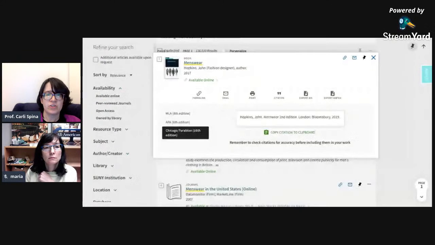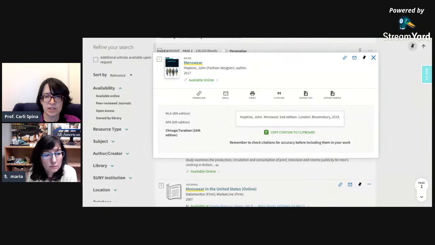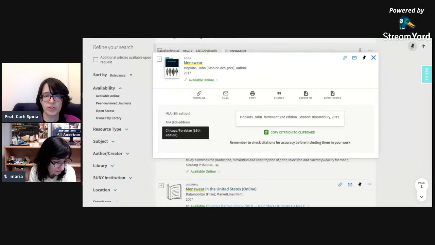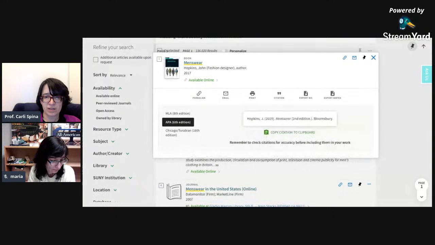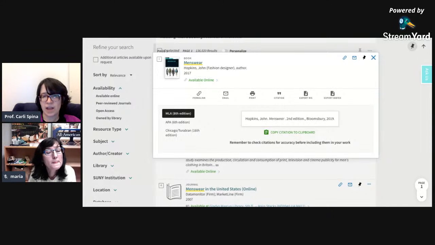Okay. So this is what I was saying about seeing the features of the citation tool in OneSearch. So this is going to allow you to see a little bit more about what's available in the OneSearch tool specifically. So we can go back and see that again. Okay, so here it is showing the different styles for APA and MLA. So these are really good. You can do it right away as you're doing your search. Just copy this information, and if you don't end up using the book, it's easy enough to delete it later.